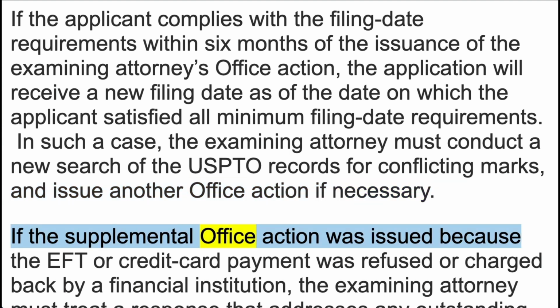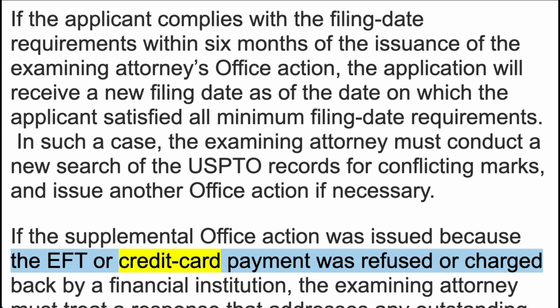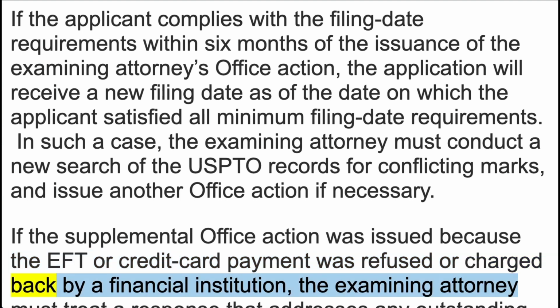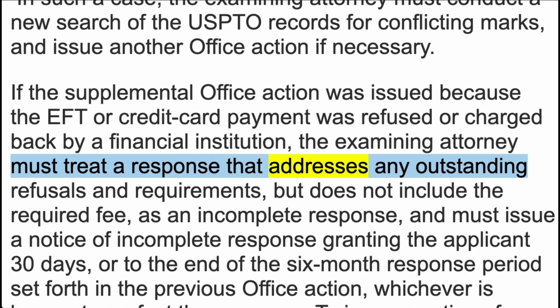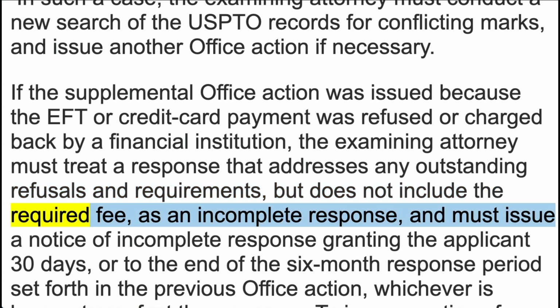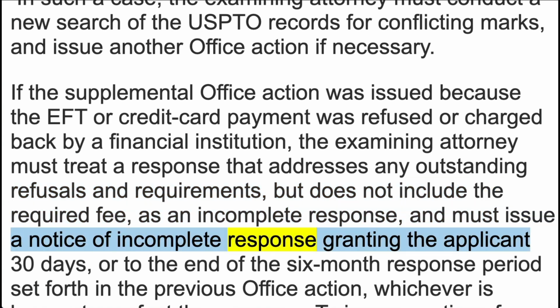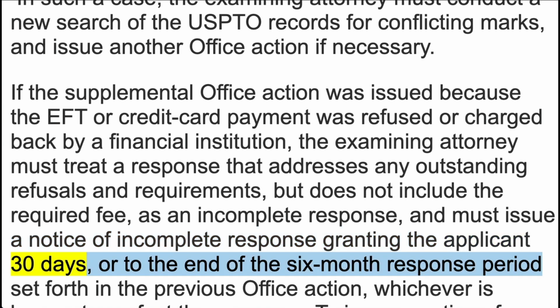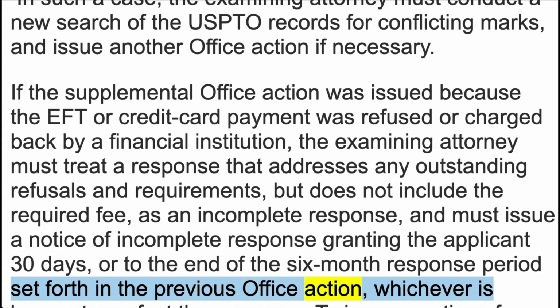If the supplemental office action was issued because the EFT or credit card payment was refused or charged back by a financial institution, the examining attorney must treat a response that addresses any outstanding refusals and requirements, but does not include the required fee, as an incomplete response, and must issue a notice of incomplete response granting the applicant 30 days, or to the end of the 6-month response period set forth in the previous office action, whichever is longer,